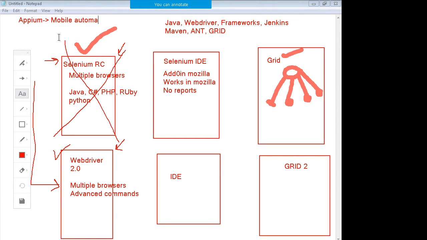Selenium is a tool for web automation. Selenium can only automate your web-based applications. It will not automate any desktop-based application like a calculator. It's only for web-based. Based on Selenium, a new tool has been made known as Appium, which uses Selenium libraries, and it is used for automating mobile applications as well as browsers on mobile. So if you learn this tool, then learning Appium also becomes easy.